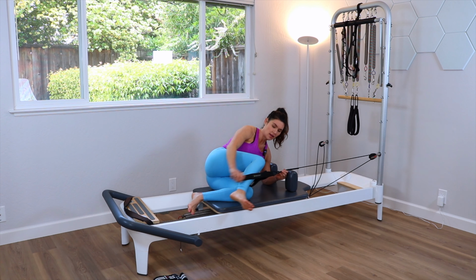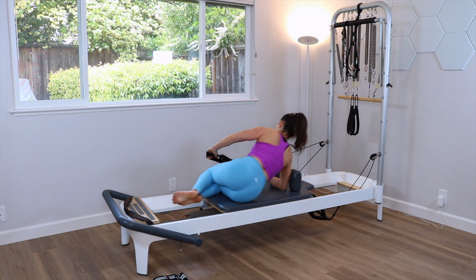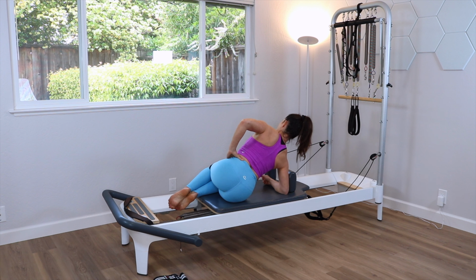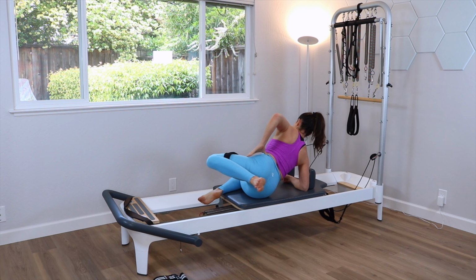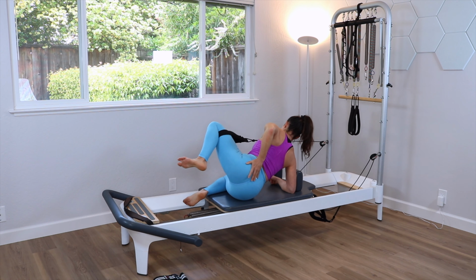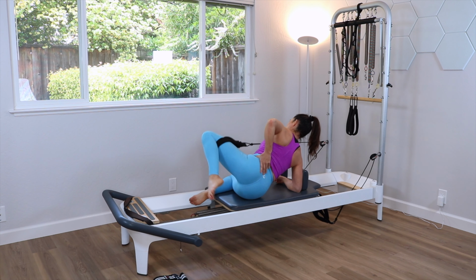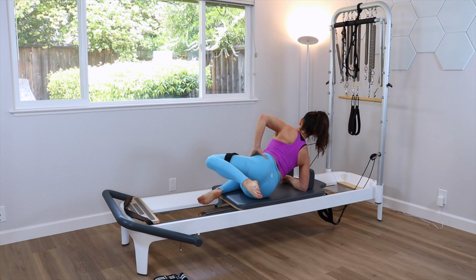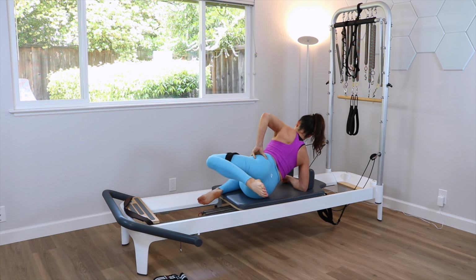All right, you guys, let's take that off. Let's do the whole thing on the other side. Here we go. Grab the strap, thread it over. We're on that thigh again, 90 degrees, nice and strong in our body here. And then we start pulling here. We go up, we push behind, we come forward. We open, we push, and forward. 3, and 4. Now I know each side's going to feel either less smooth or smoother, I should say, so just